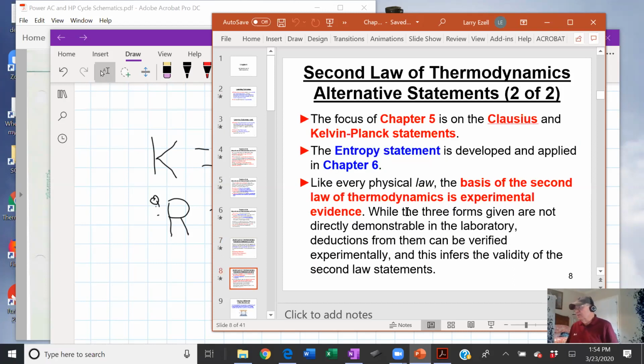The focus in chapter 5 now is the Clausius and Kelvin-Planck statements. We'll mention the entropy statement in chapter 5, but